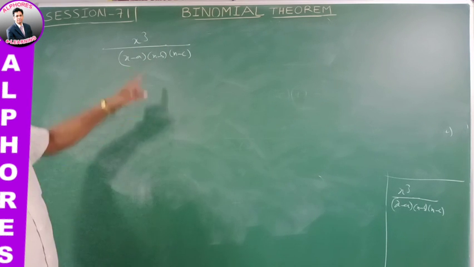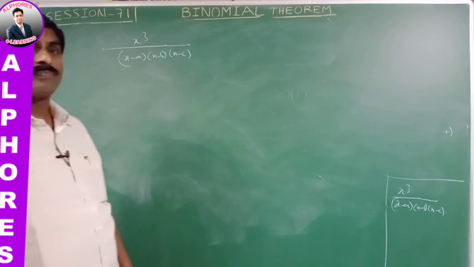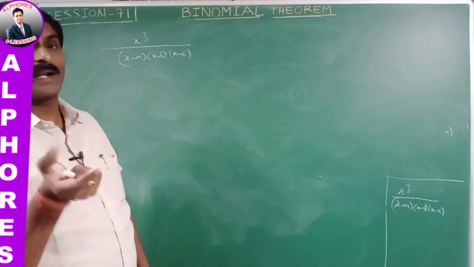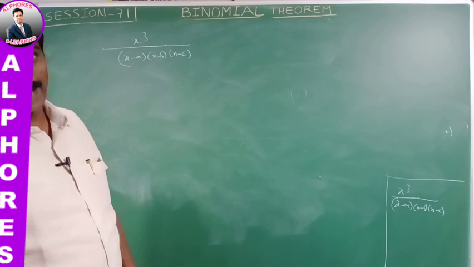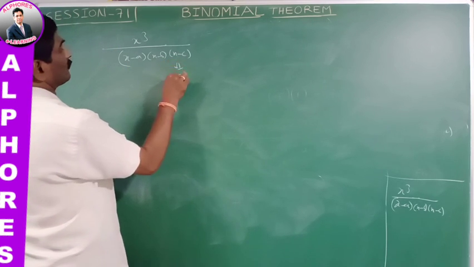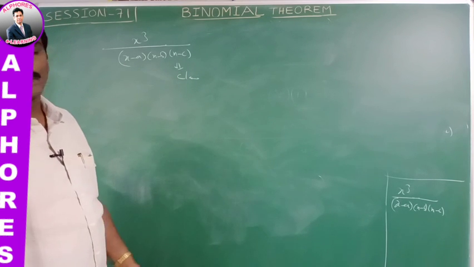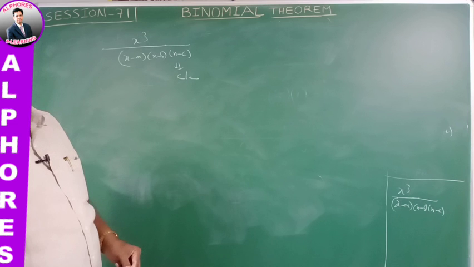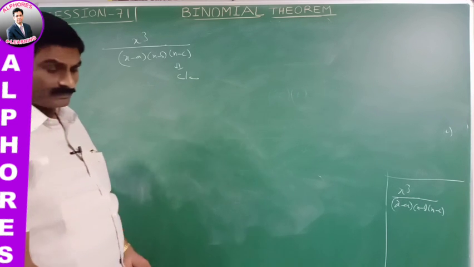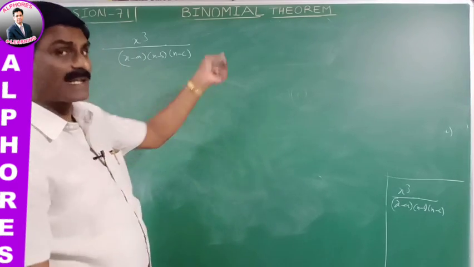In this case also, the degree of the numerator is 3 and the degree of the denominator is 3. That means it is an improper fraction where the numerator degree is equal to the denominator degree. That means it is case 1 type. Please write this value. Clearly it is an improper fraction such that the degree of numerator is equal to the degree of denominator. So in this case we reduce this into k plus r(x) by something.